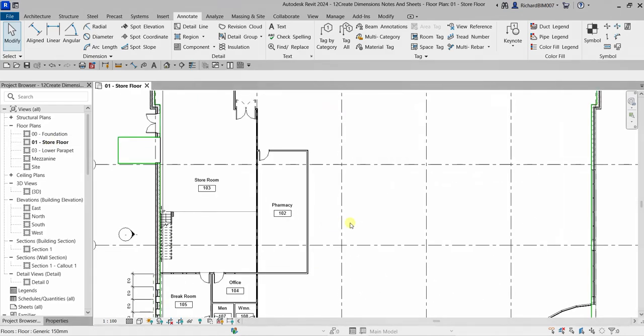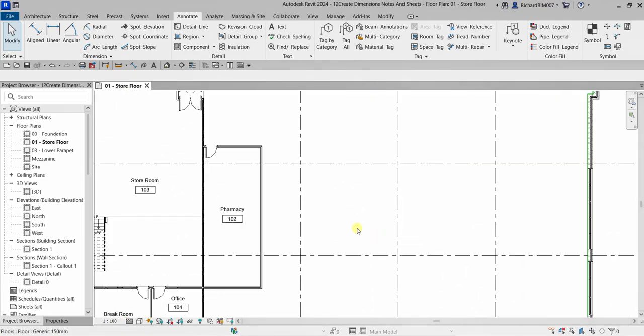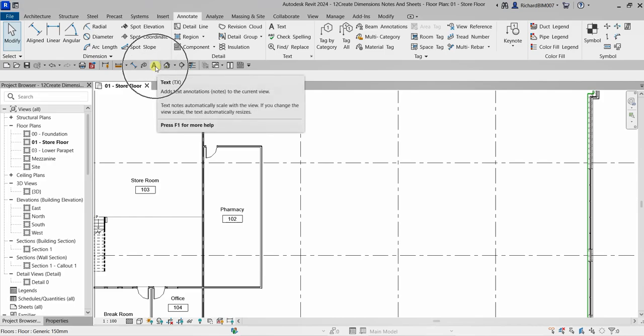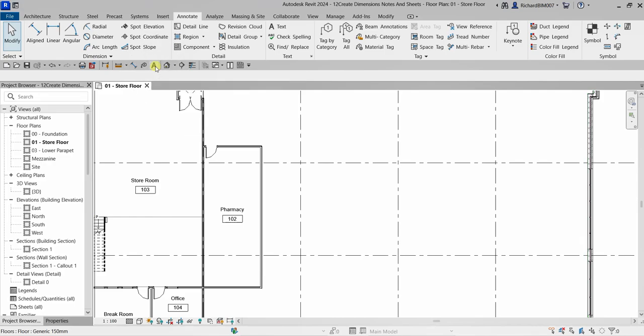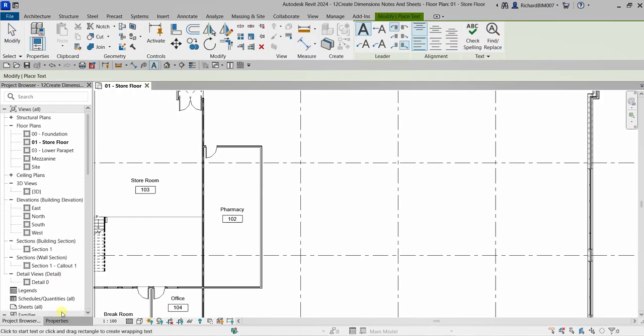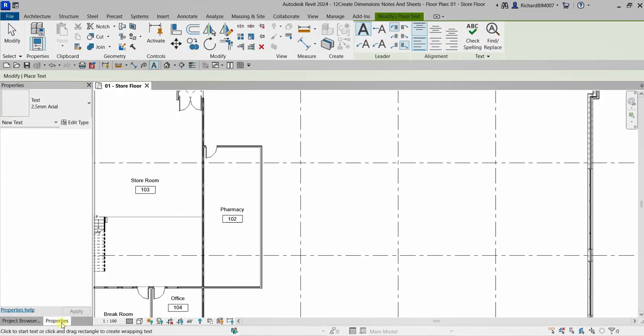So I'm going to zoom into this area. Let's say I want to put a note here that says all store fixtures by owner. To add that note, just click that icon or you can type TX, that's the shortcut. So you click that one, and then again, before you pick, go to the properties, and then